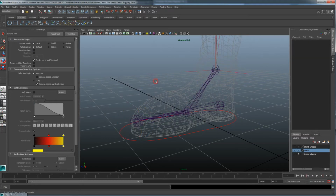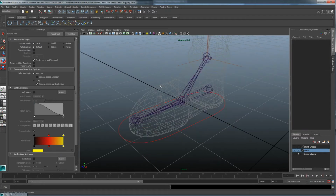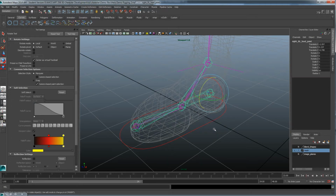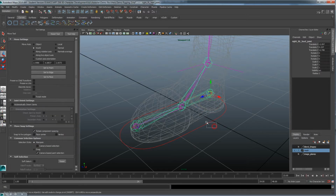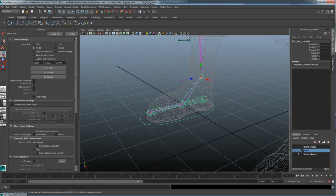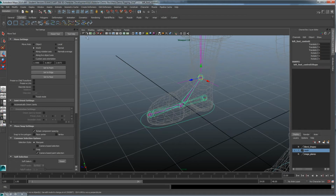Alright, so once that's done, I guess we can start putting the attributes on there, but I might as well just attach this real quick. So this one, hold shift, grab this one as the parent, P. So now when I take the main foot control, I can move the whole foot around. So now I just have to add the attributes onto the foot. So we'll go to the control curve that I need,